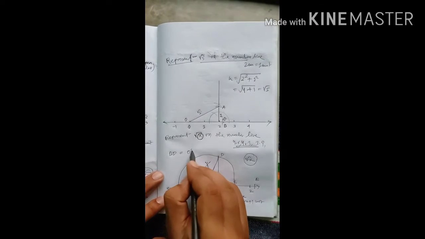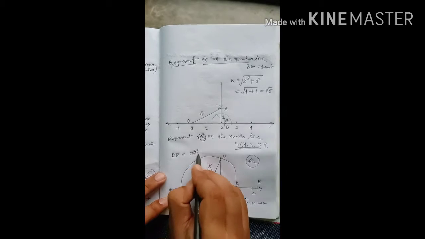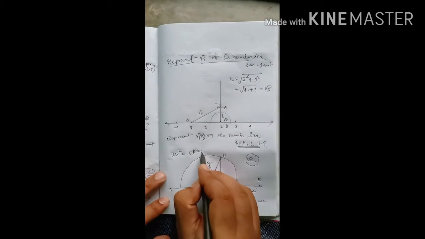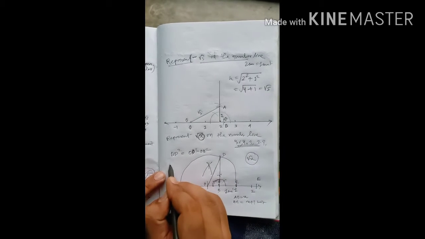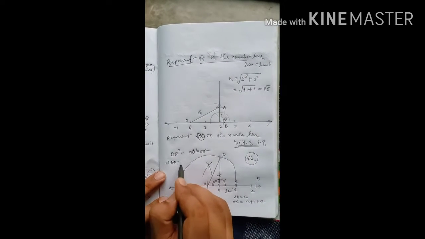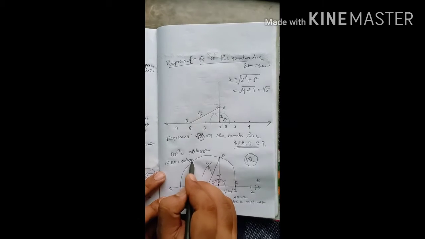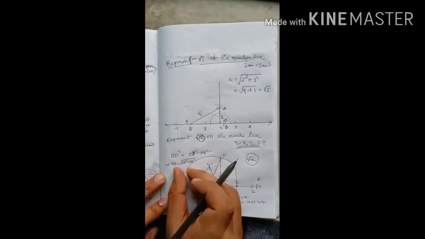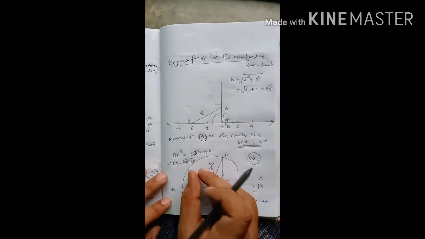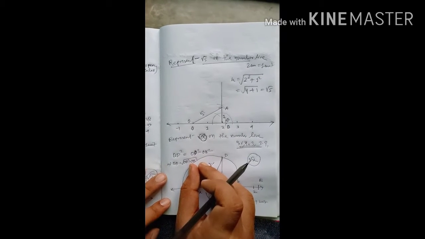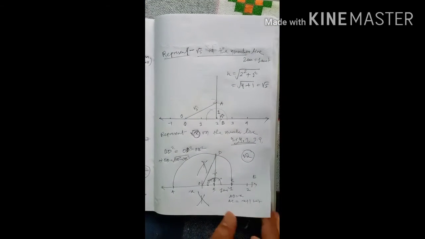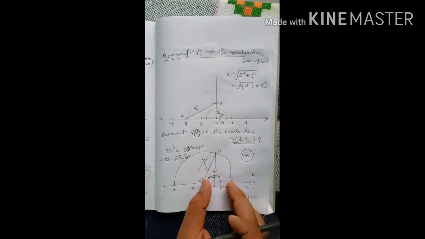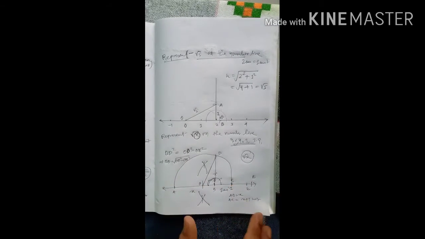BD square is equal to OD square minus OB square, and again if we want to find BD, then BD is equal to the square root of OD square minus OB square. For that purpose, we have to know OD, and we have to know OB right now. So look here, students. OD is equal to what? OD is equal to OC, the same radius.